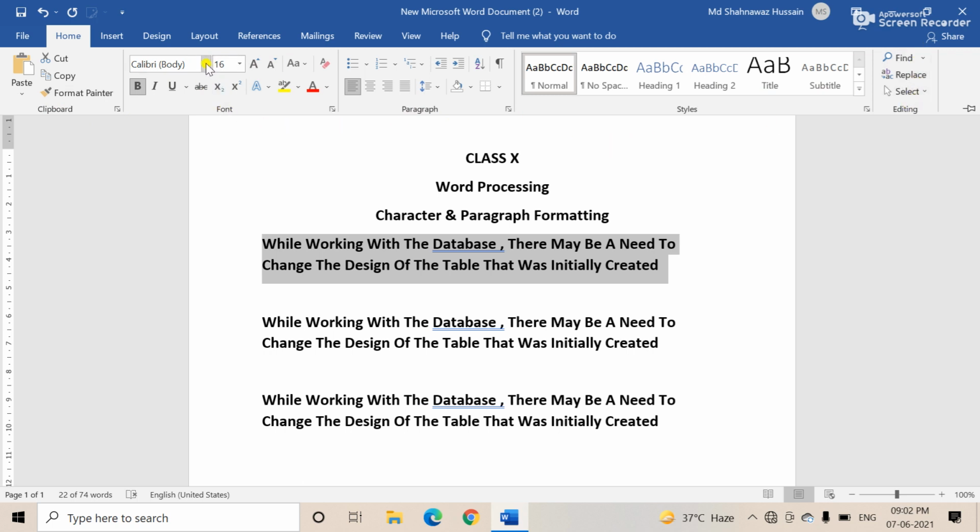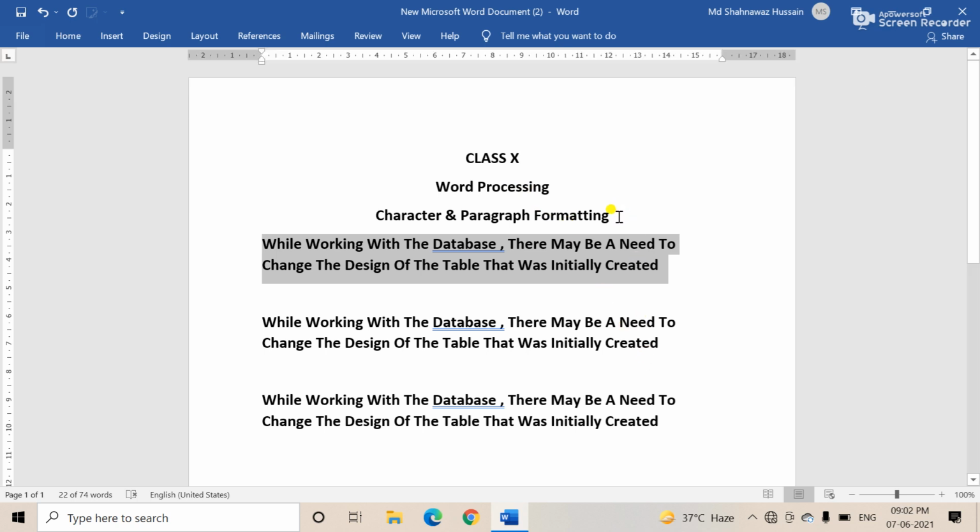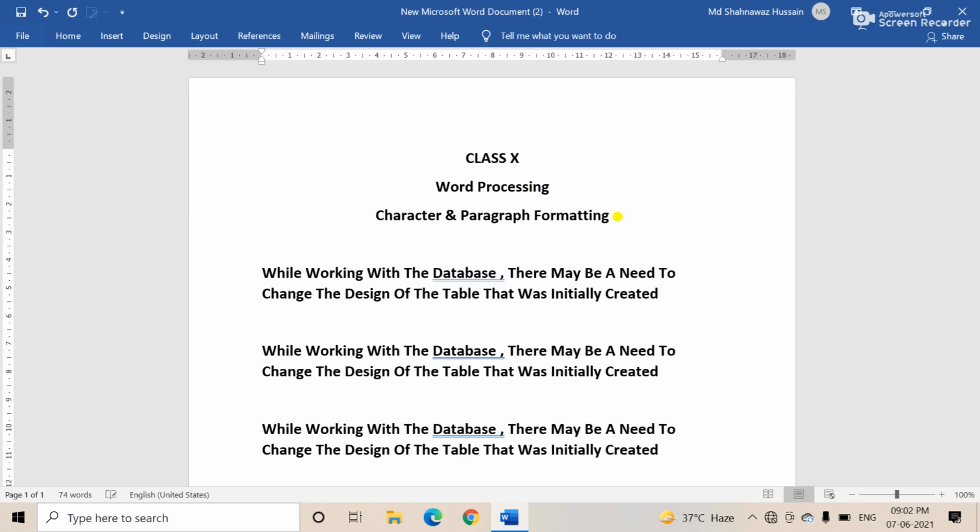So first, suppose you want to format. What do you mean by formatting? What is formatting?